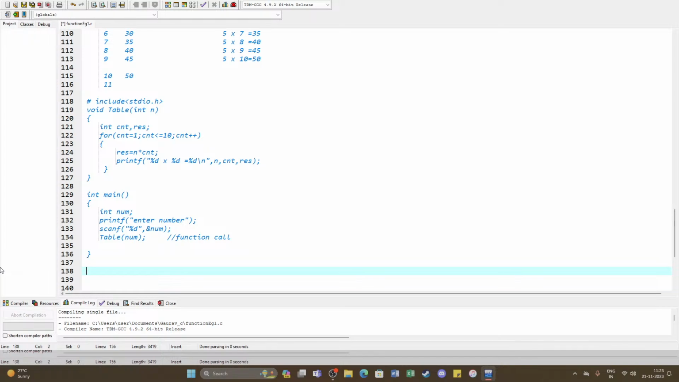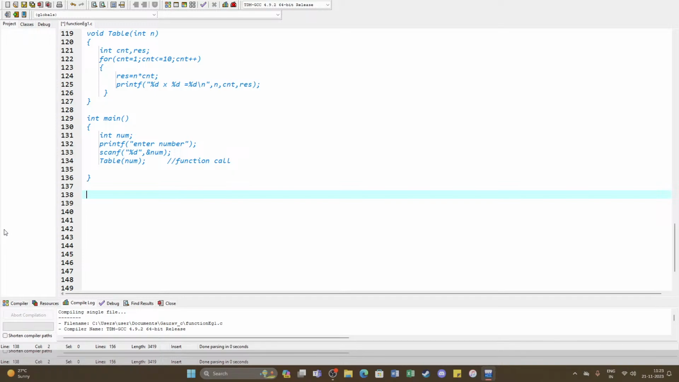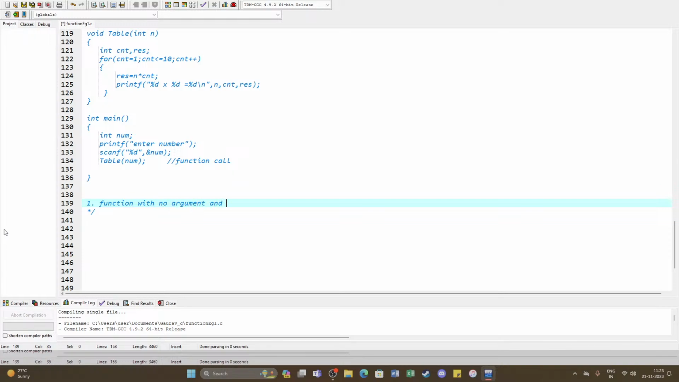Now there are three types of function. So the first one here is a function with no argument and no return type. I can write a function with no argument and no return type also. For example,